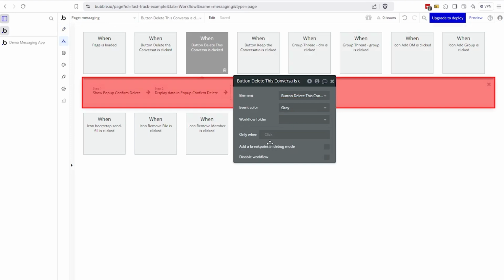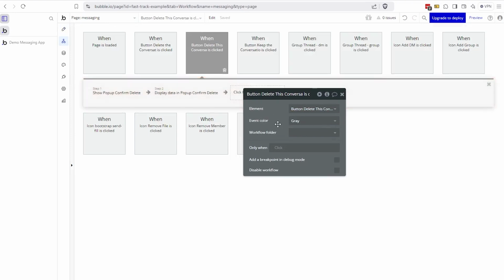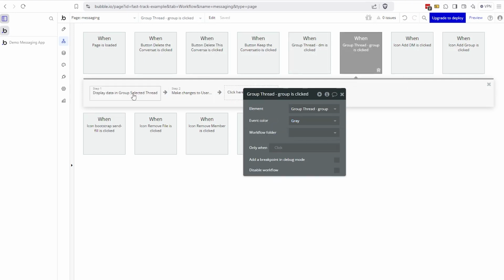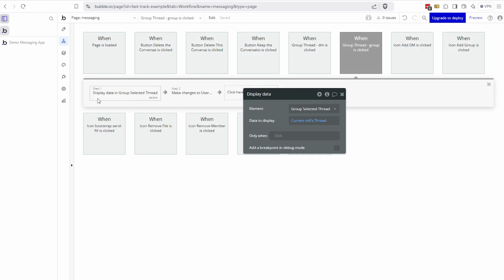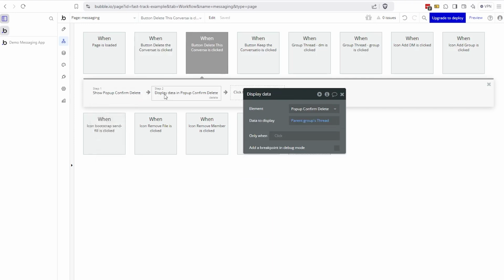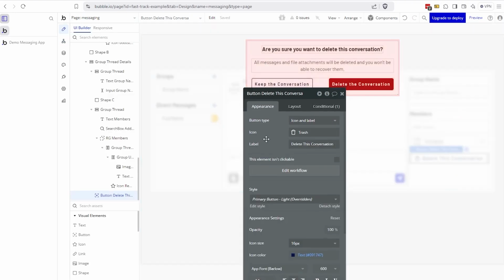Okay, so when I click on this, I'm not actually deleting anything, but I am showing a pop-up to help the user confirm that operation. So this is a show action. We'll select the pop-up, and I am going to pass information to the pop-up. So exactly how we've sent data to the selected thread where we say display data, I'm doing the same thing over here. When I show the pop-up, I'm displaying data in the pop-up,